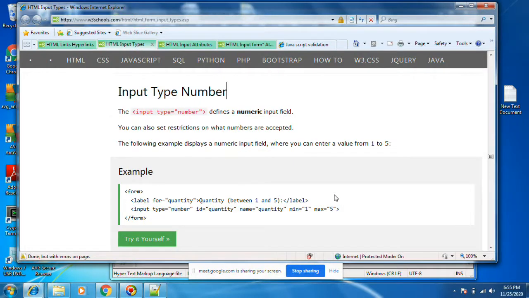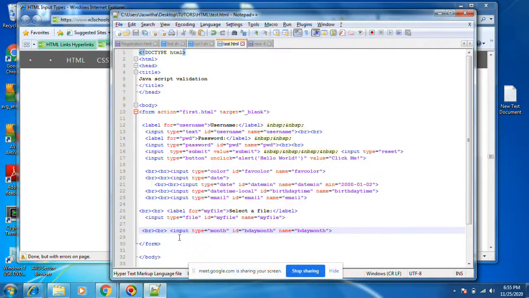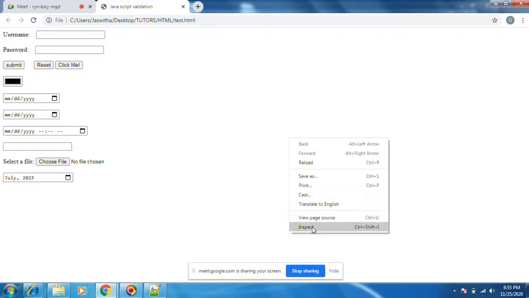Next thing is input type equals to number. Minimum 1, maximum 5, it will accept. I have saved this one and then refreshed here.